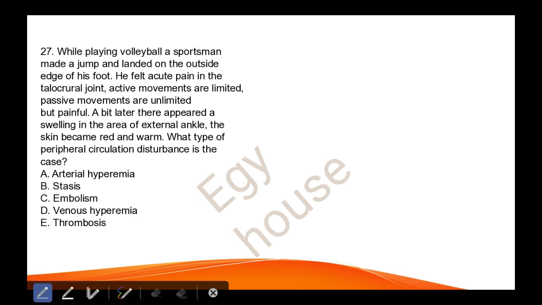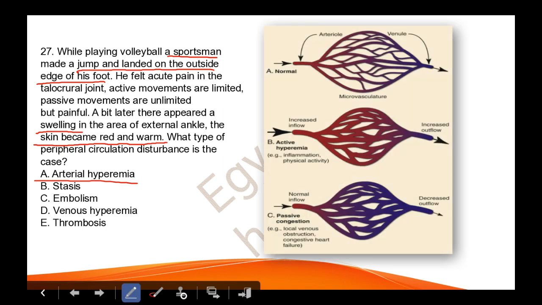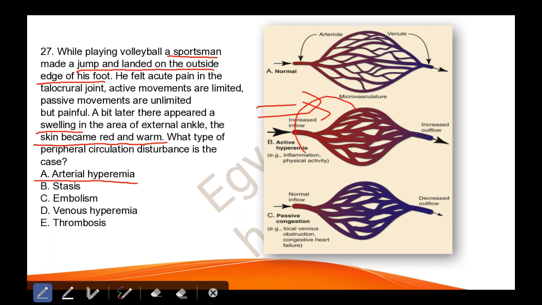Next question. So the sportsman jumped and landed on the outside edge of his foot. So this is a trauma. And the trauma led to a swelling, and the skin became red and warm. So this, you can guess, is an arterial hyperemia, and it can be explained by the increased inflow of oxygenated blood